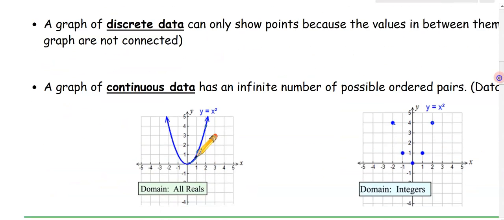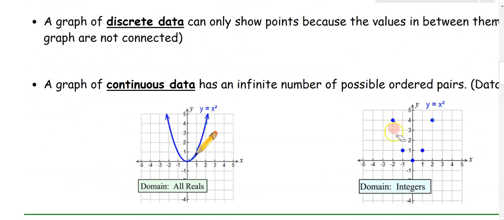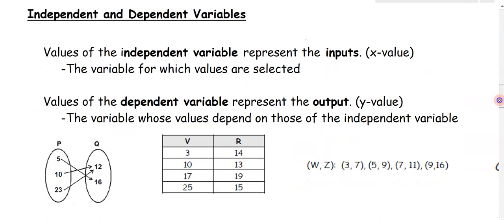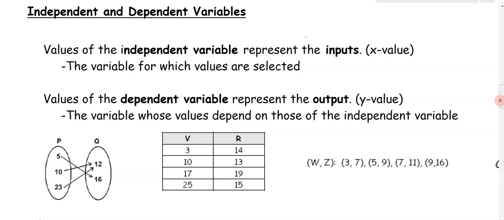So again, a reminder when you're graphing discrete data, for example, if I was only graphing the integers of y equals x squared, then I couldn't use 1.5 for x, so then I would just use the dots. If I was using continuous data and I could use 1.5, then I would join all those dots and create a continuous graph. Okay. Another vocabulary word you need to know is the difference between an independent and a dependent